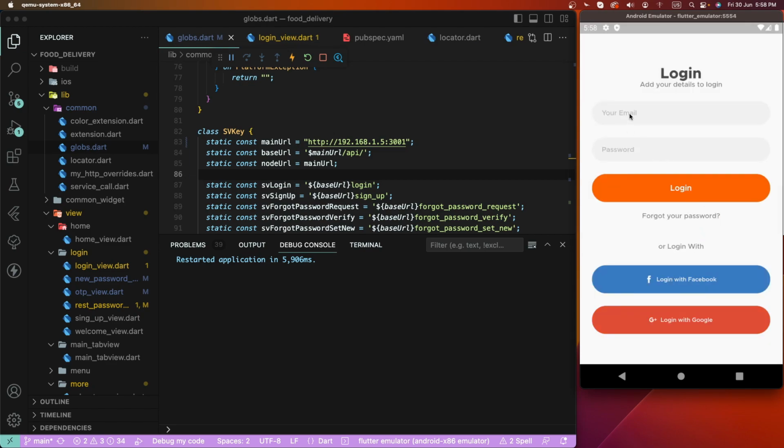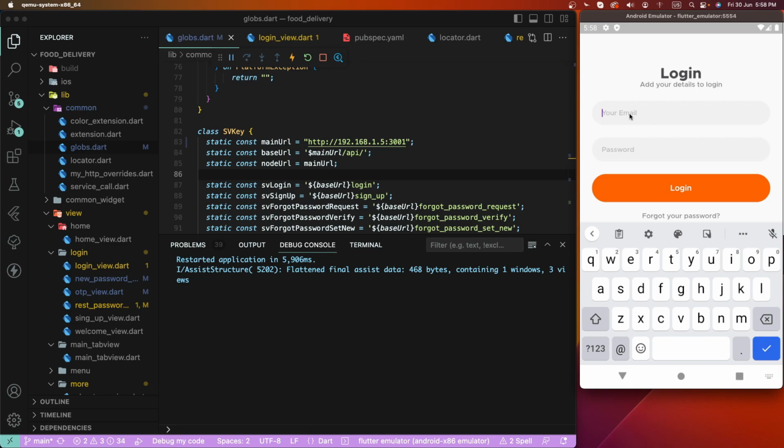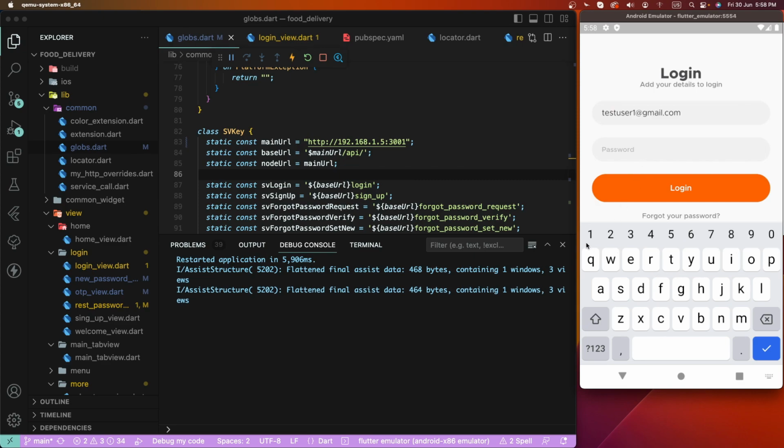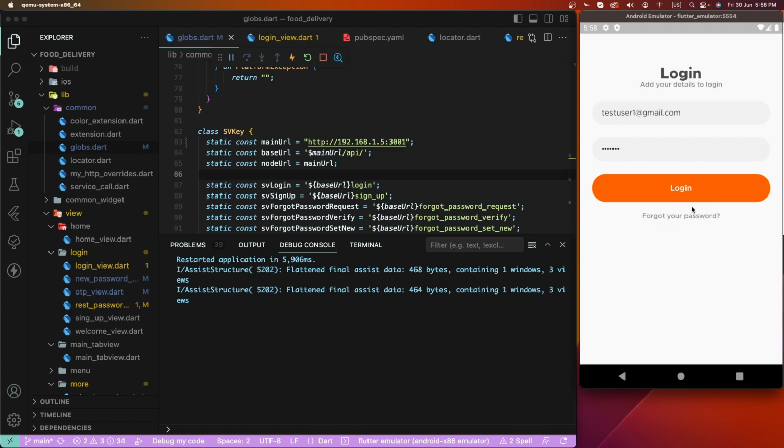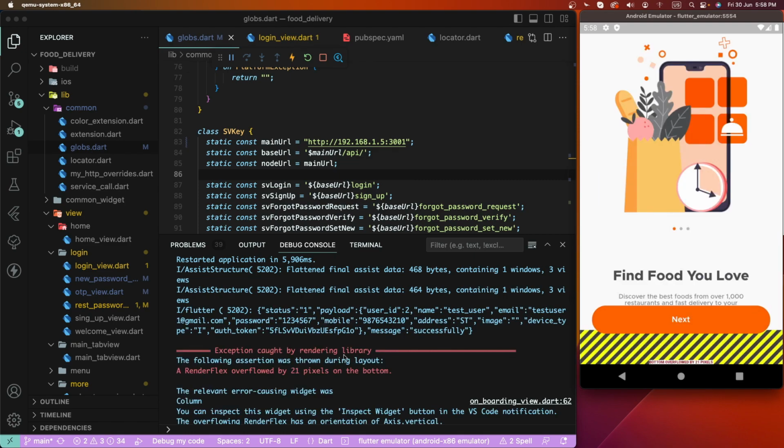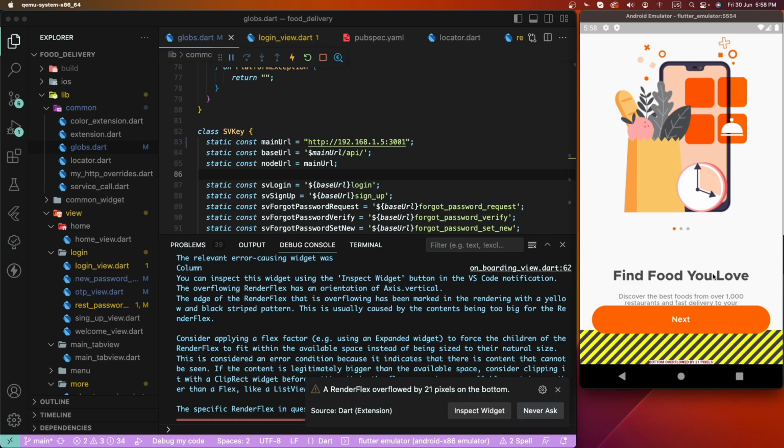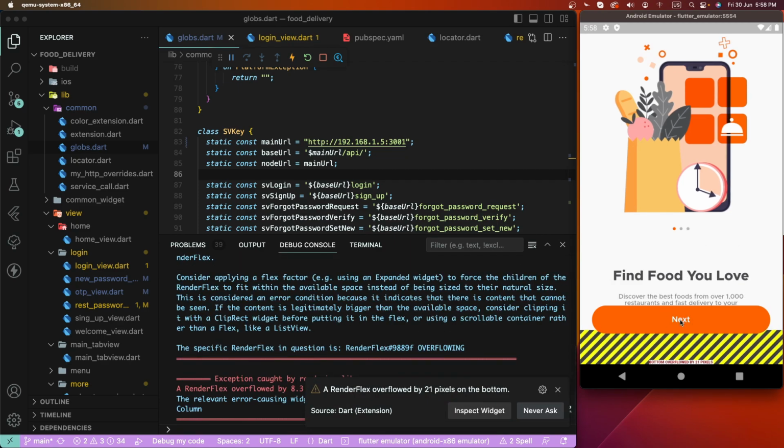Go to logins and write down here test at the rate one and 7. Check the API worker. Now this API is working good, and first of all we need to fix this issue